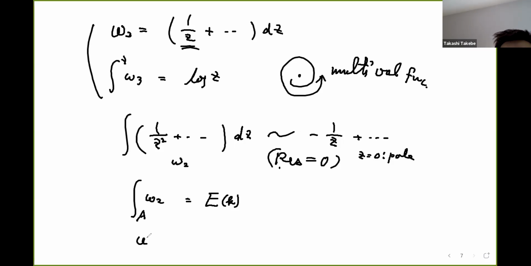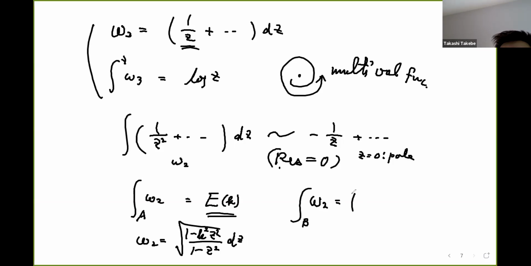for example, if omega 2 is the standard or aberrant differential of the second kind, the A period is this one, the B period is some linear combination of the complete elliptic integral of the second kind and first kind. But then, well,